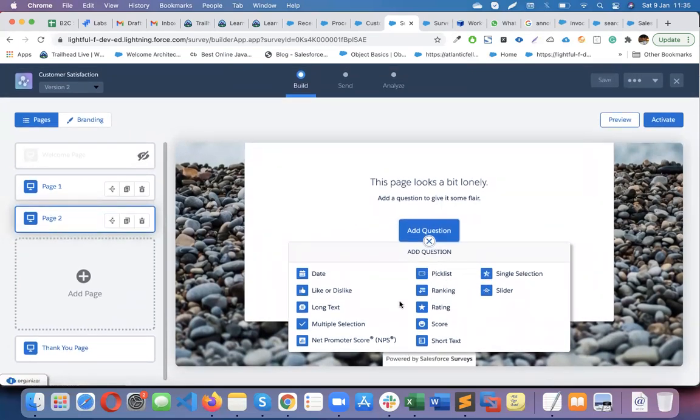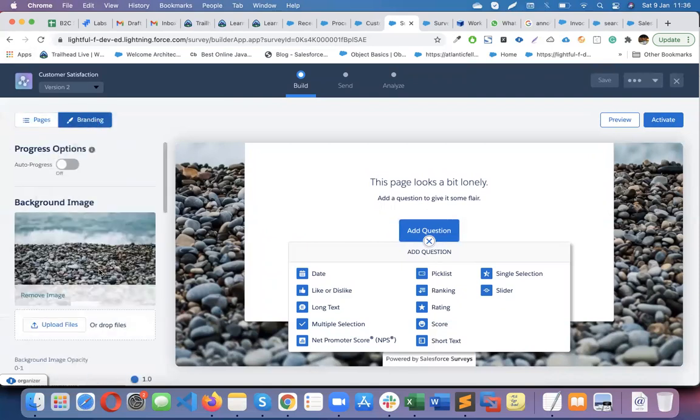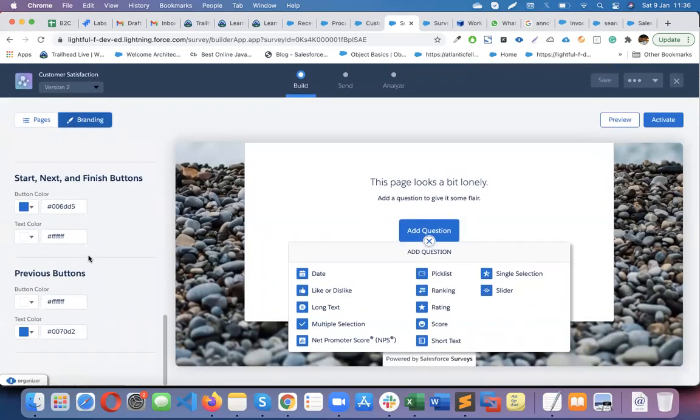See, we used flow to create a feedback form, right? Yes. But in a similar way, you can use survey also. But the problem is that survey is a paid license cost. You have to have a license. So up to 500 responses free. Beyond 500 responses, you have to have a license. The only thing, it will give you nice branding. You can customize a nice branding, the background color and everything.